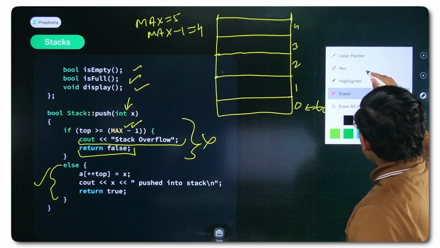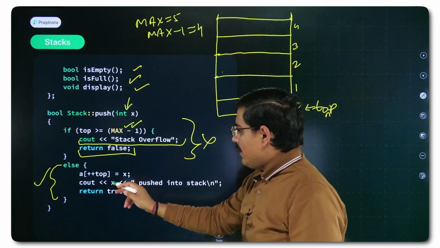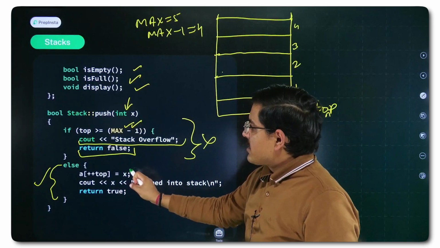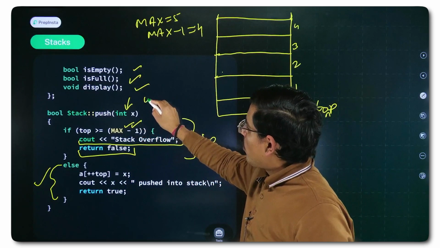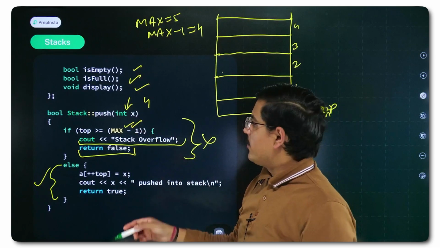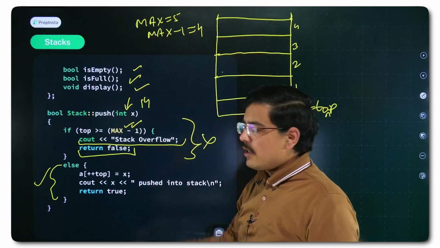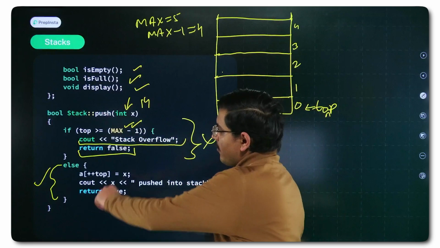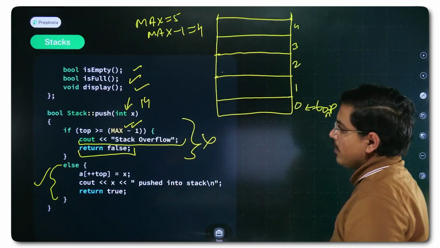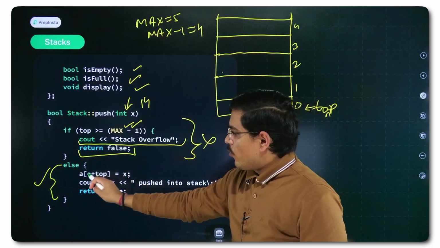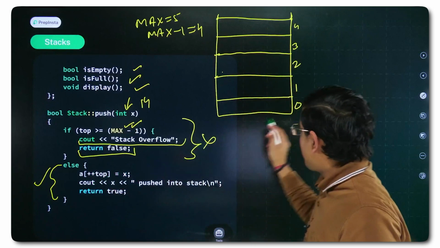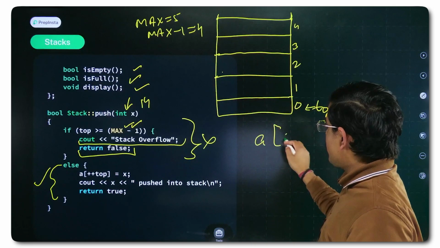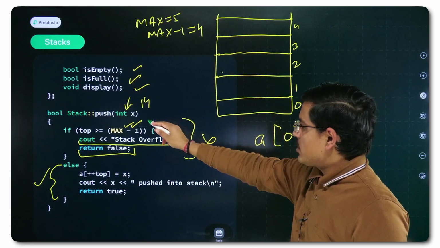Now top increments it, and say that I pushed 14, fine, 14 is some element. First of all it incremented top, then at whatever incremented value it was, for example it was 0 here, so at a of 0